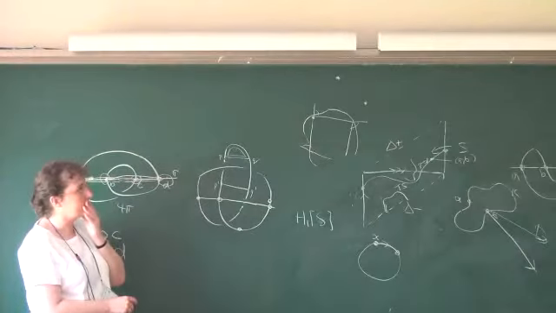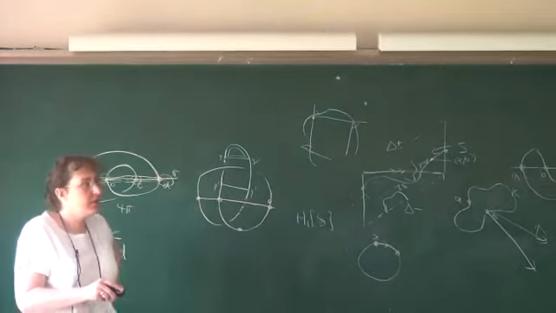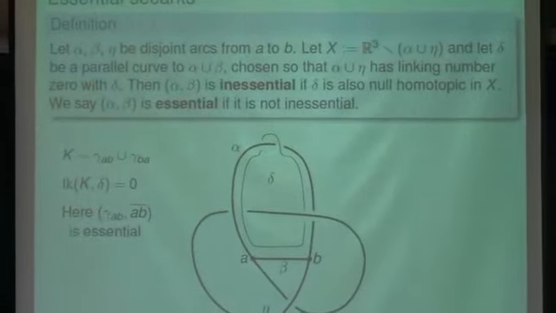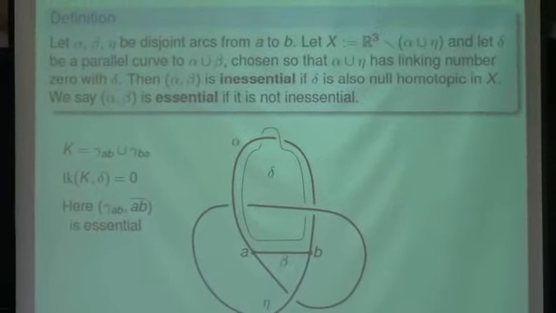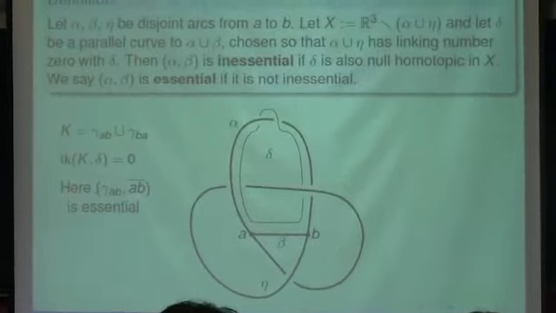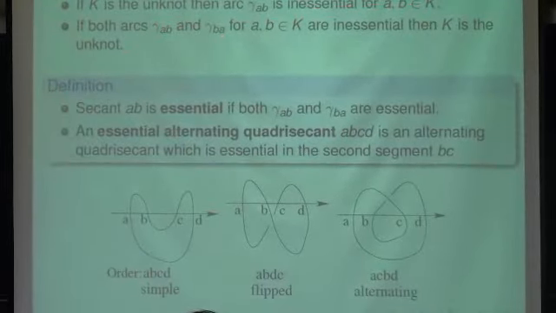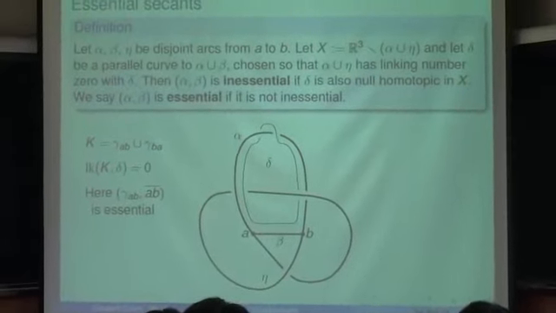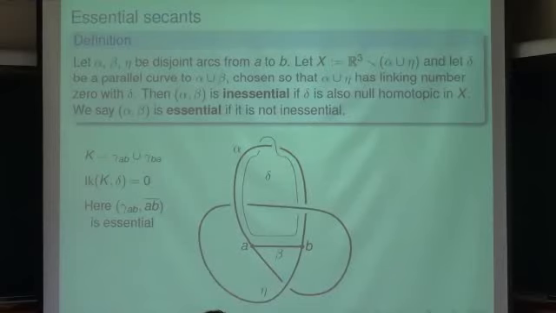So this is a topological idea which will also give geometry, and in tomorrow's talk I'll explain how the idea of essential can tell you something about the distortion of a knot. It's an interesting problem. Another way you can think about this definition, since fundamental group and homology is a little too much before lunch,